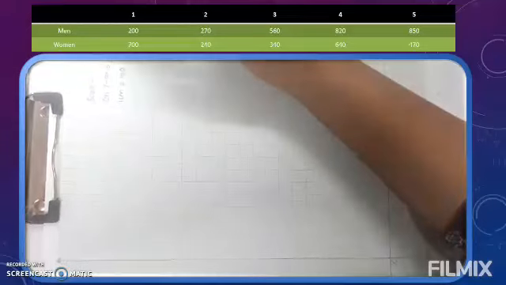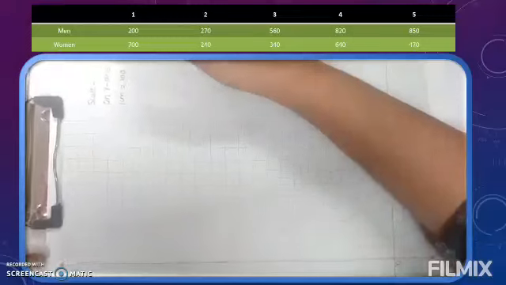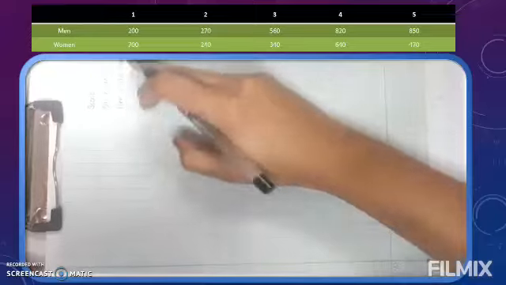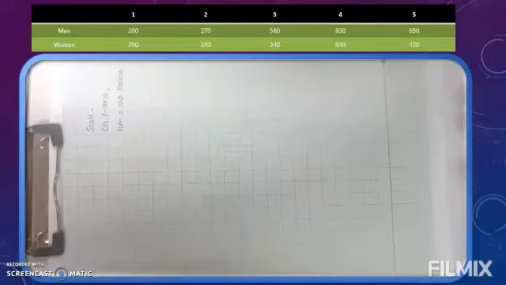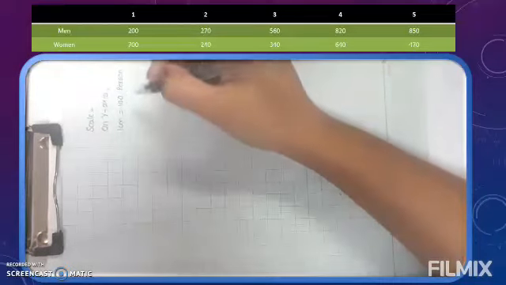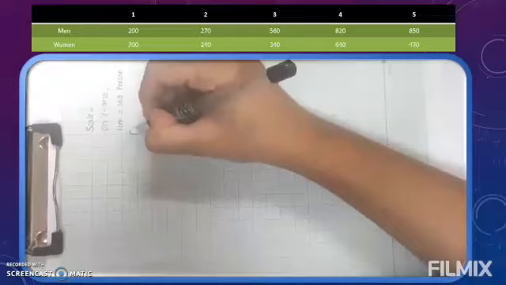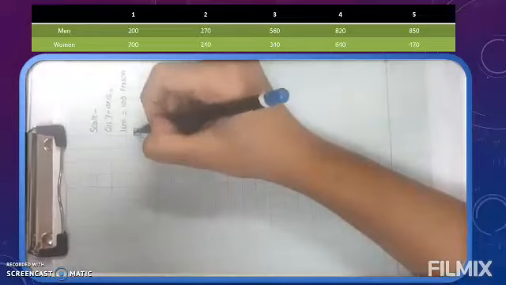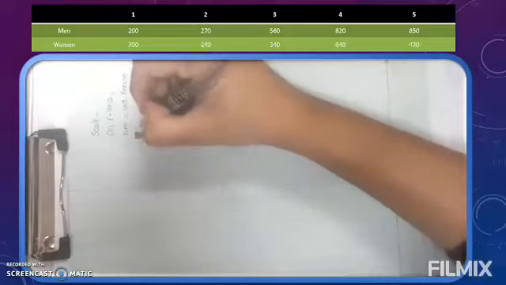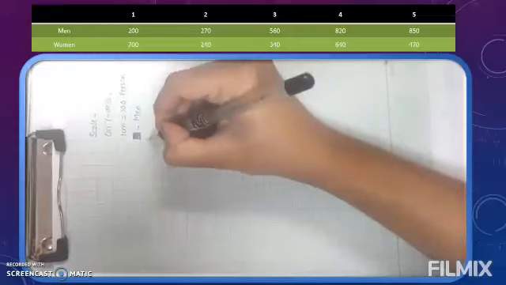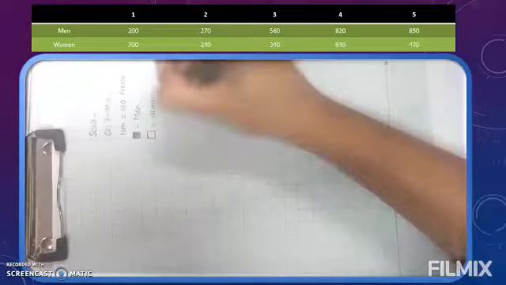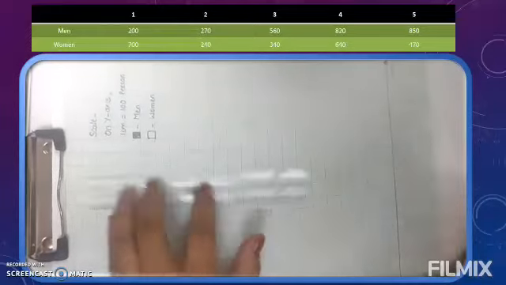Now 100 what? Here man and woman are nothing but people. So you write 100 people or person, whatever you want. So here we will write 100 person. Now next what we have to mention in scale about the bars. One darker one, one plain one. So we'll draw one bar box and I will shade it. Suppose this shaded one I am keeping for men, and that simple, blank one I am keeping for woman. So this is our scale which I have finished.